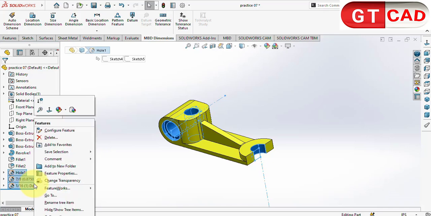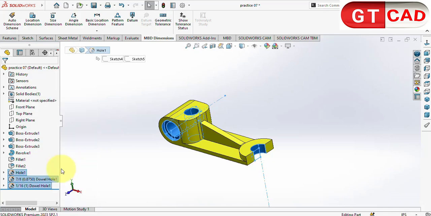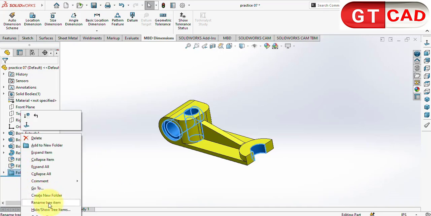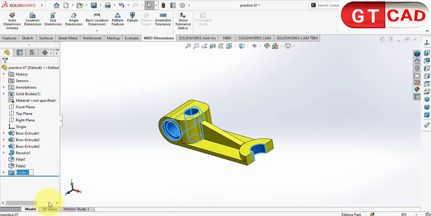Right click on it and here add to new folder. You can rename it. For example, I forgot to rename it and our folder name is Folder 1. I want to rename it. Right click on it and in the rename tree item write hole. You can find easily and fast all holes in your part or in your assembly feature and make it